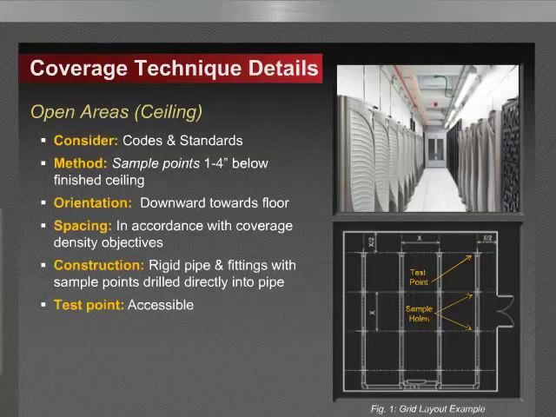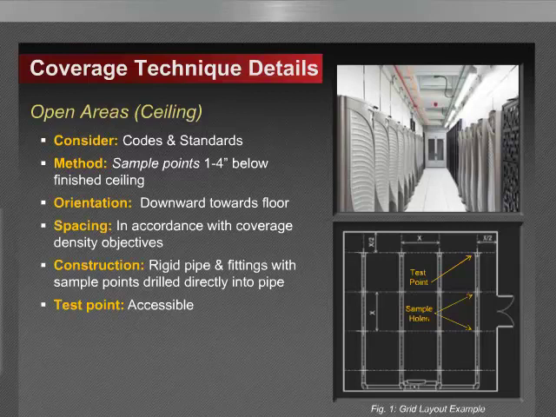So as we talk about below ceiling sampling, the first we'll consider is just at the ceiling, directly below the ceiling. And this method is used to sample air from areas that fall outside the direct airflow path created by air handling units, and for fire detection when the air conditioning is off. Prescriptive codes such as NFPA 72 and performance-based codes such as NFPA 75 and 76 will dictate the requirements. The method involves placing sampling ports along the pipe network, typically 1 to 4 inches from finished ceiling, facing downward. Sampling ports are spaced in compliance with sensitivity objectives for the space.